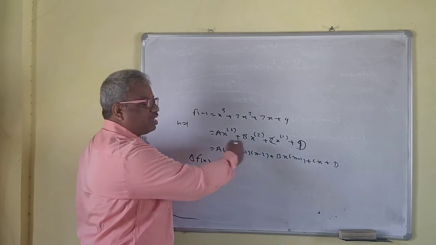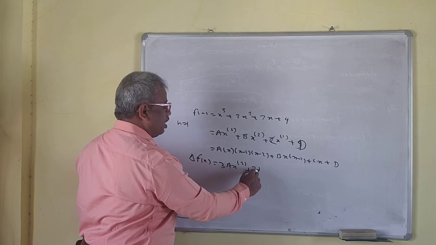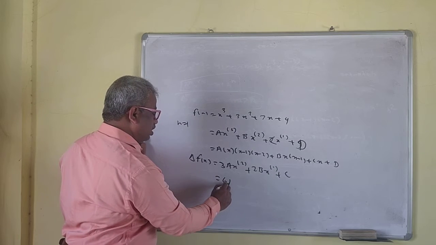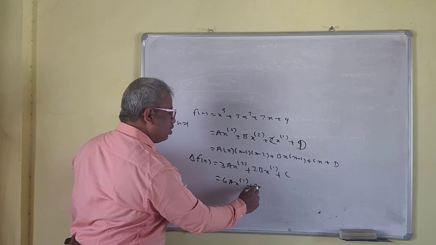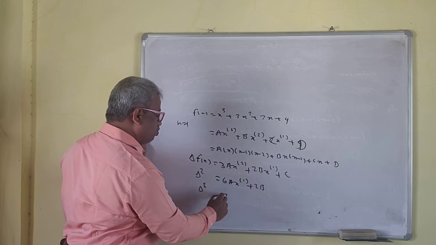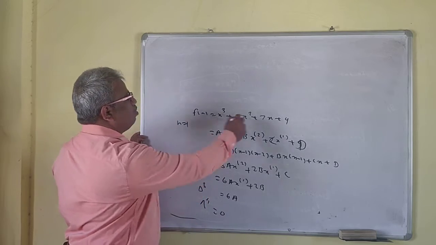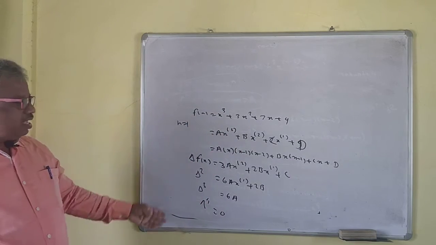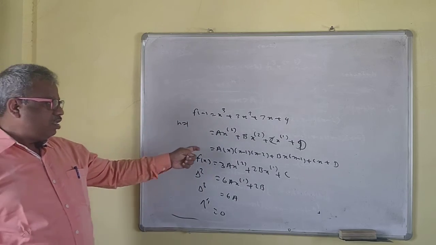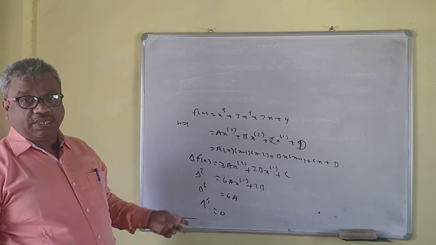Then we are just taking the derivative of this one. What? A x to the power 2 plus twice b x to the power 1 plus c now here. Then this is 6a x to the power 1 plus twice b. So this is the second. Now the third is 6a, right? And the fourth one will be 0, because this is a polynomial of degree 3. Your third difference is constant and the fourth difference is 0. Same thing like this. So the crucial part is to find the values of a, b, c, d.